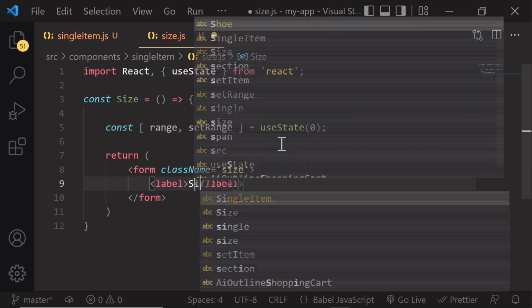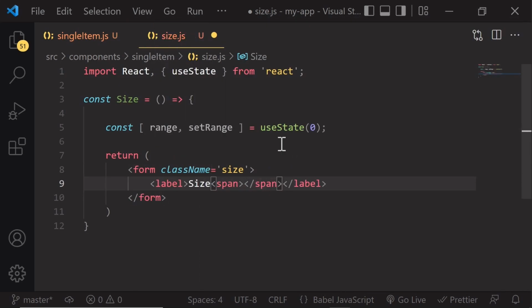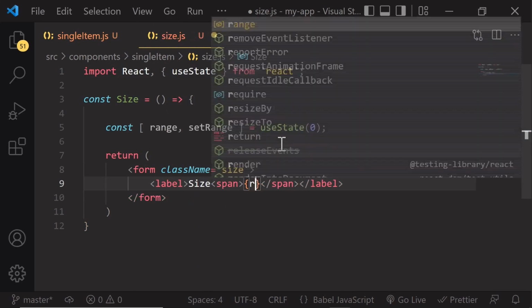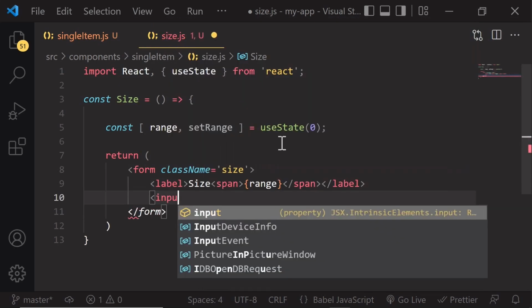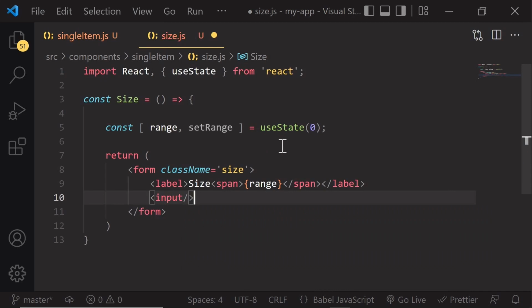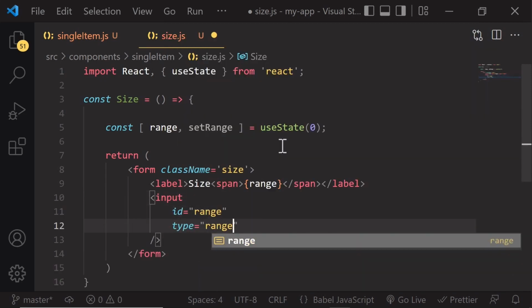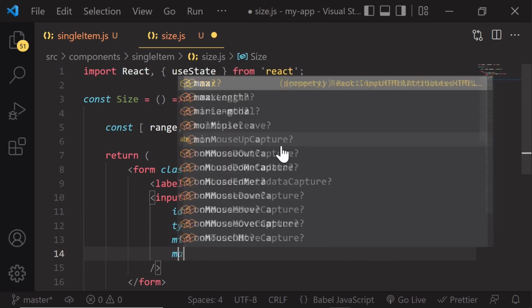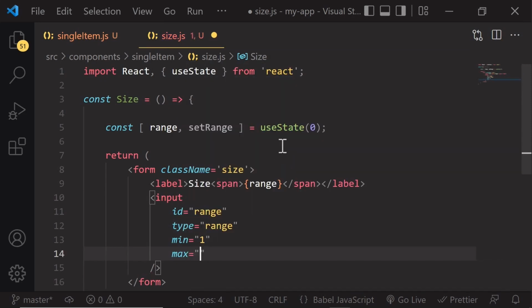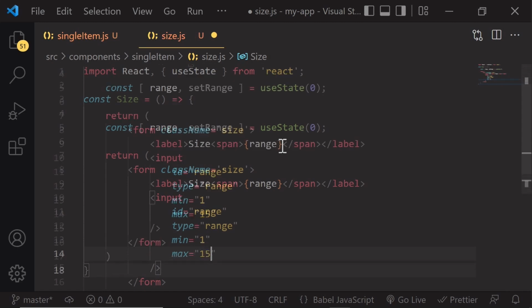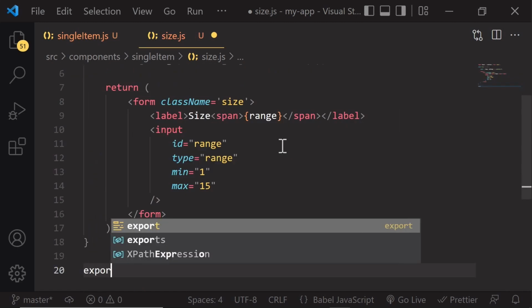Inside, I'm going to create a label and write size, then a span tag, and then render a dynamic value of range. Down below, I'm going to create an input and give it an ID of range and the type of range. Then give it a minimum value of 1 and a maximum value of 15. Finally, export the component